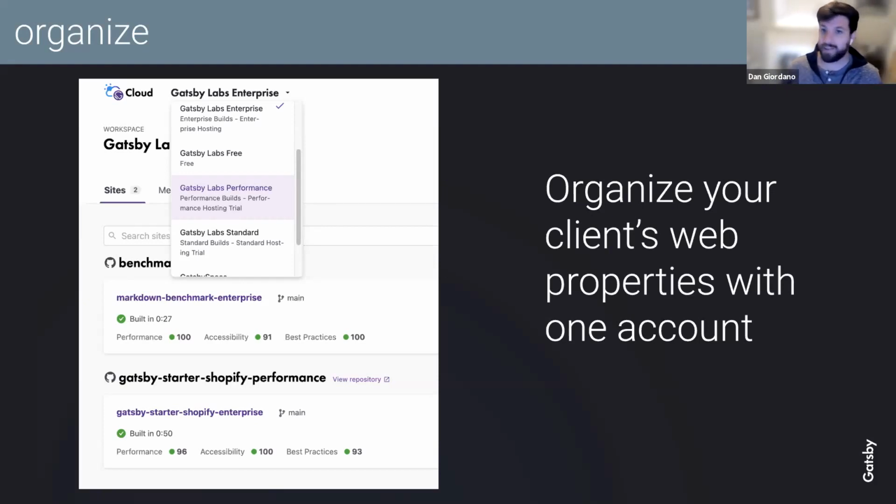All right, so that's my 10 minutes up front of walking through Gatsby Framework and Gatsby Cloud. And now we'll get to what everyone is here for, hopefully, Generosa's awesome demo. So Generosa, I'm going to stop sharing and turn it over to you now. Thank you, Dan. Appreciate that.